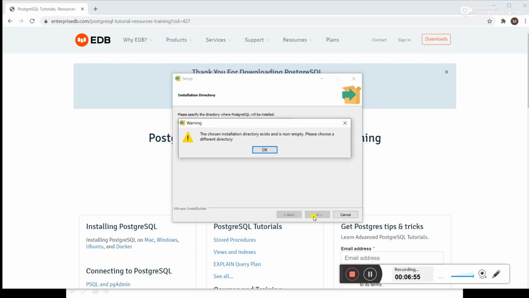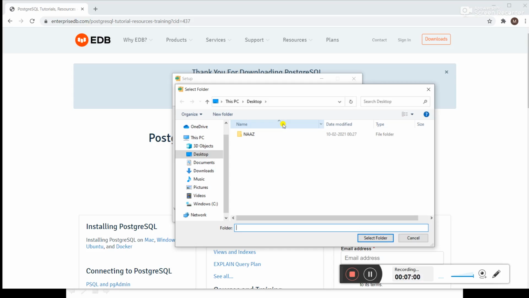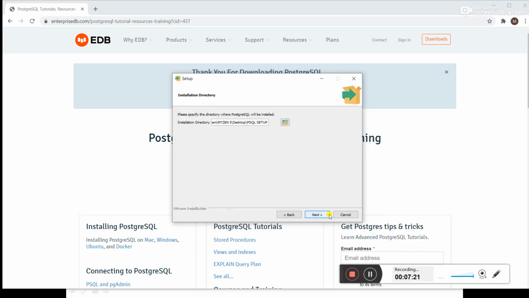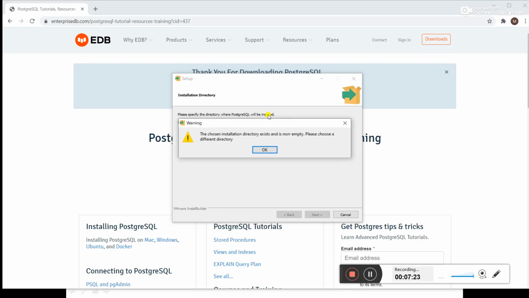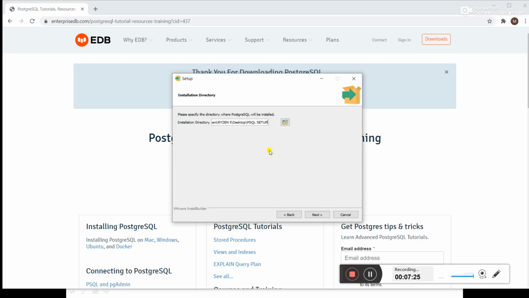Create a new folder here, PSQL setup. Select the folder, click on next. It's creating problem.